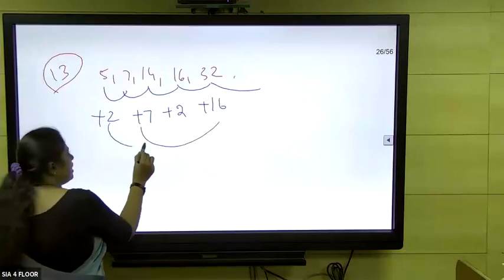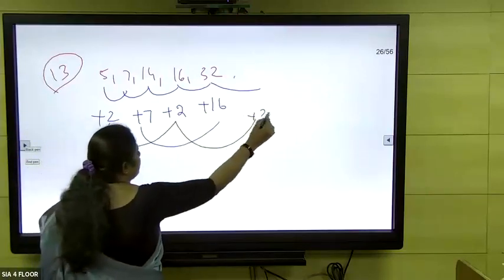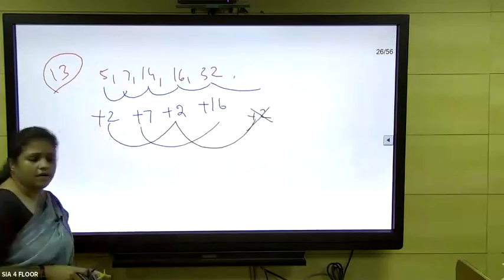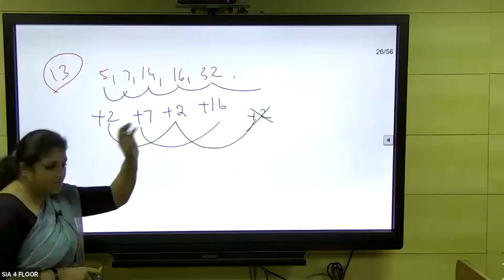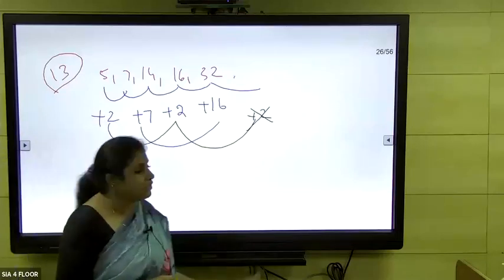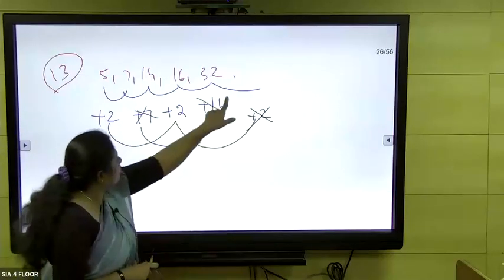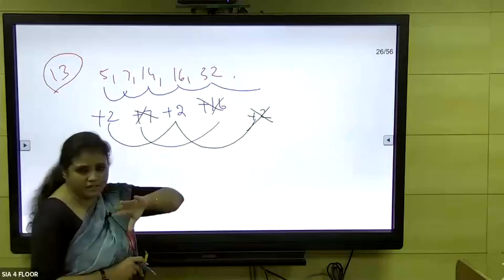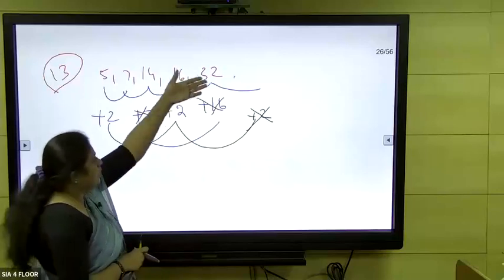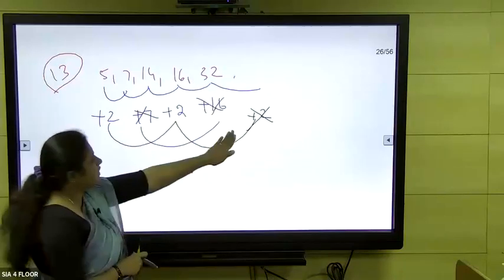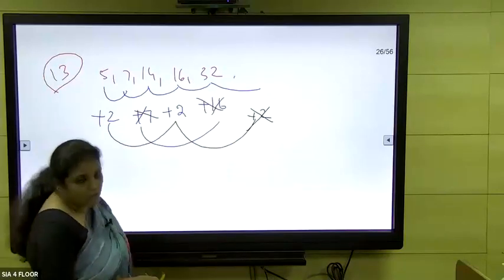No, it's plus 2, then plus 2, next should be plus 2 only. It's a very wrong way of approaching. You should find logic for each and every number you're getting. If you're skipping these two, since you're unable to find the logic, and taking the sequence alternatively, then it is wrong. You will end up with the wrong answer. Maybe by a fluke you'll get it right, but this is not the right way of seeing it. You should not do like this.